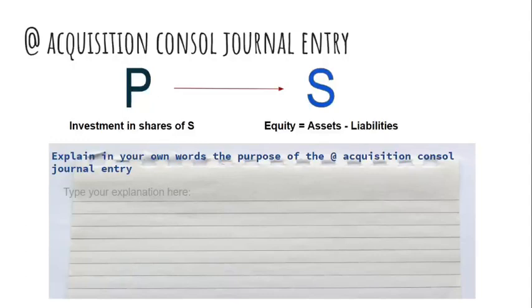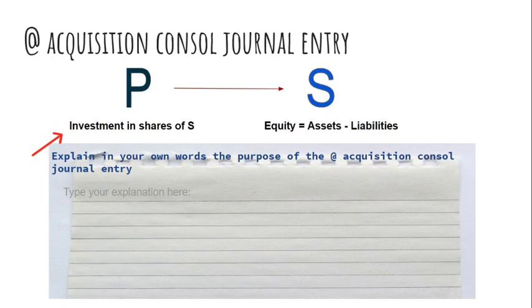We will now spend some time on the at acquisition consolidation journal entry. The two entities, P and S, each have their separate financial statements and economic events. The economic event in P that led to the control over S was the investment in shares of S, being an asset. On the other hand, in the subsidiary's separate financial statements, you have equity, which is equal to net assets, but included in the equity would be the share capital of the subsidiary, things like retained earnings